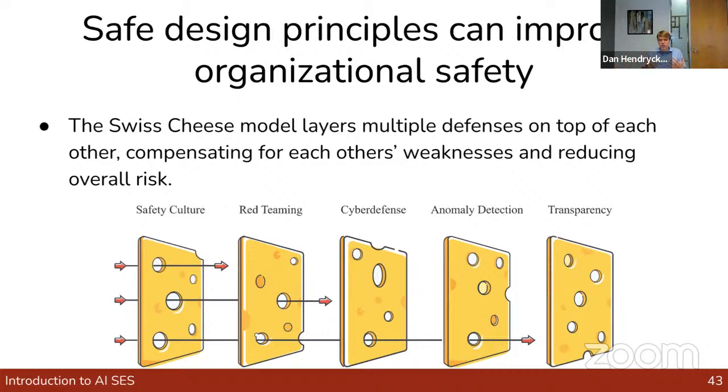A high-level intuition of improving safety in general and safety engineering is things like the Swiss cheese model. This is not a full view of what goes on in organizational safety and safety engineering. If you want to learn more about safety engineering, you can go to aisafetybook.com, and I have a chapter on safety engineering, so that you can be aware of that literature and its application to AI. But one intuition, which was fought against by the less wrongers for a very long time, is the Swiss cheese model,